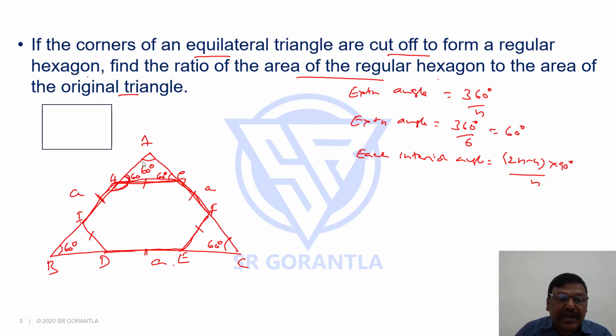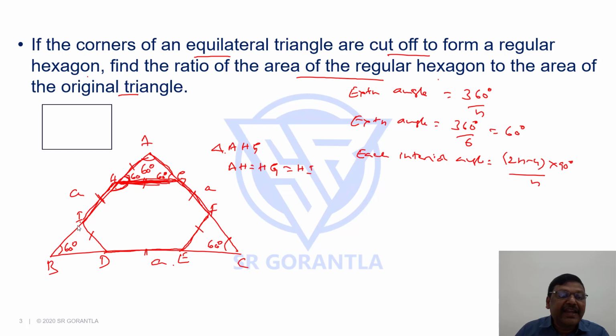So now if you take this triangle AHG, it is an equilateral triangle because all three angles are equal. So hence, your AH equals HG. But you know, it's a regular hexagon, which means all sides of the hexagon are equal. So HG and HI are the sides of hexagon which are equal. So HG is equal to HI.